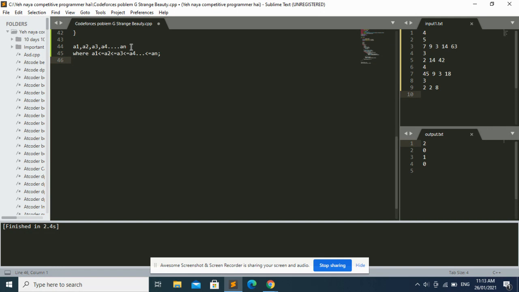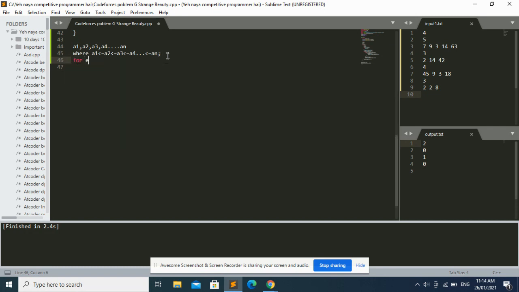For example, in this case, for a of 3, the elements present to the left of it, that is a1 and a2, must be factors of a of 3 for the array A to be beautiful. But a4 or a5 or a of n can never be a factor of a of 3. So for this array to be beautiful, what conditions must be satisfied?